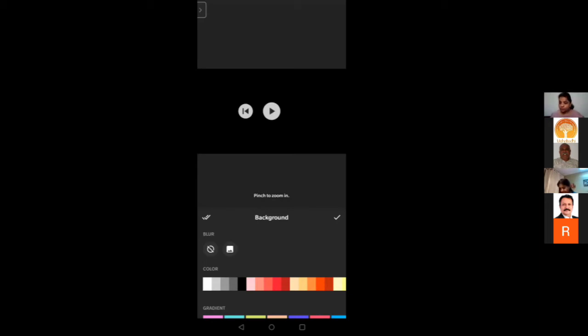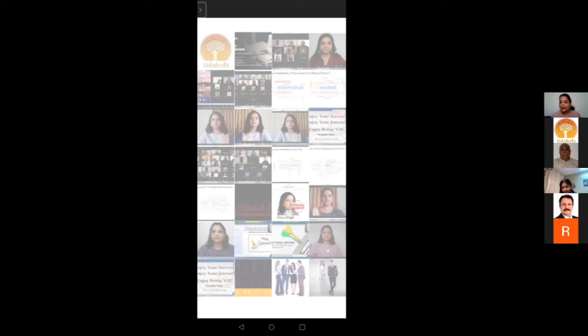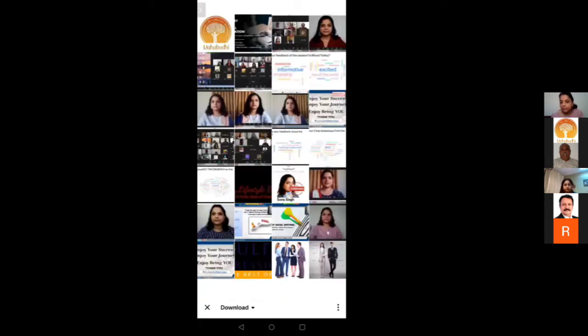Now in this also, either you can add a picture. So you can see pinch to zoom in लिखा है, फिर background लिखा है, फिर blur लिखा है, and blur में there is two options. एक screen cut है, that is a no parking kind of a sign, and there is again a gallery option. So go to gallery, and if you want a particular background, like if you want to keep any particular background, you can do that. So you can select any photo and put a background. Okay, so that is the key. You can select a photo and put a background.